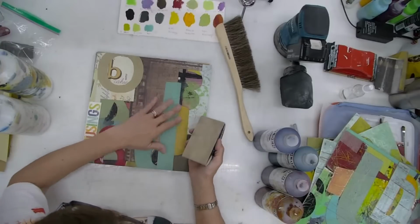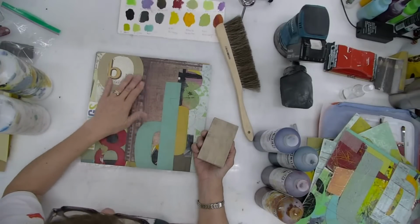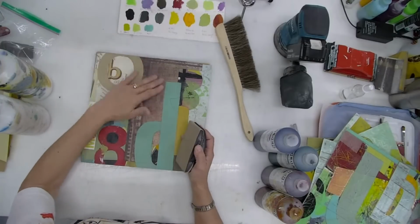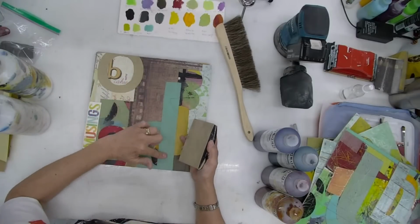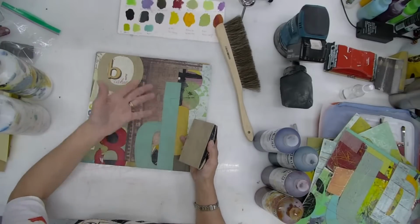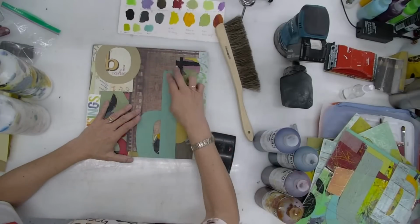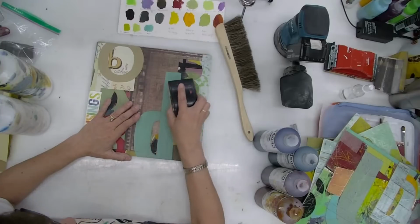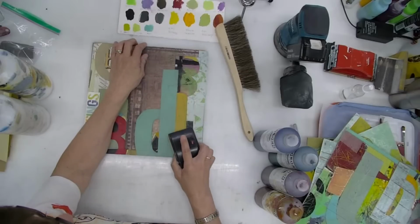Getting back to this one again, I just have to mentally remember what I put on here. This is paint, and the thicker the paint is, the more you might have to sand. This is paint over paper. The reason I like paint over paper is because this is a pretty large shape, and if I start to sand it gently like this, the whole reason I did this